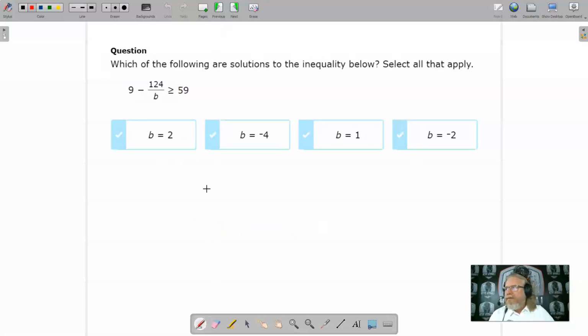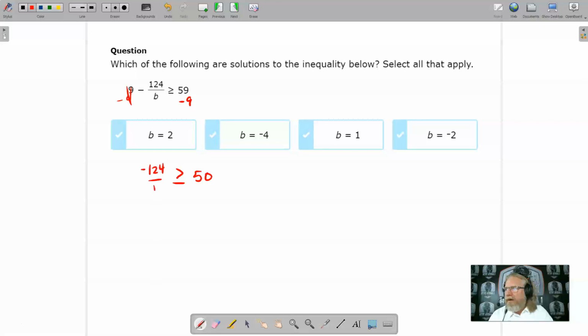On the next one, we could go ahead and plug in numbers and start checking them and so forth, but I kind of like the idea of just solving for it. So if I have, my first step is going to be what? Subtract 9, right? Minus 9. And so I would have, the 9s are going to cancel each other, right? And 59 minus 9 is going to be 50. And so now I have, let's plug this negative sign up here. So negative